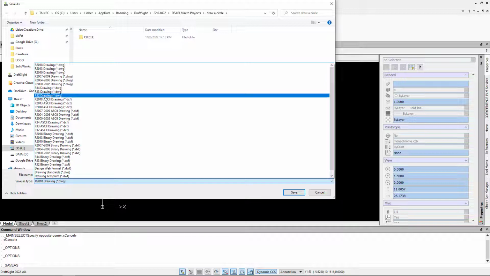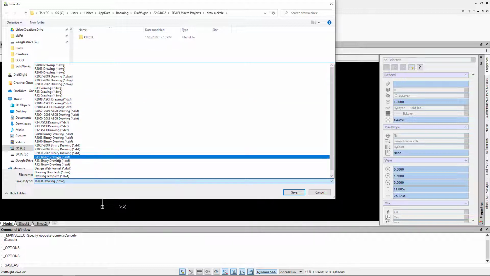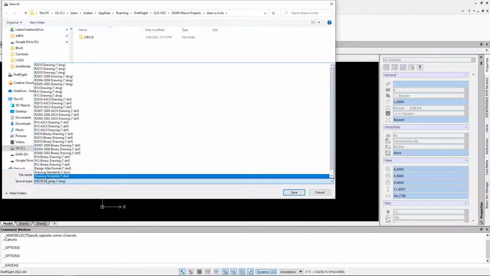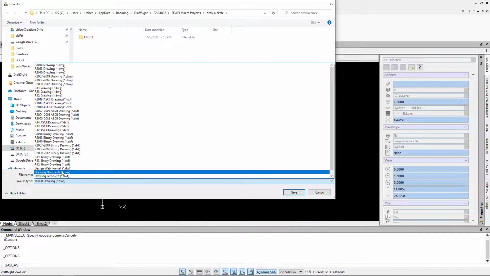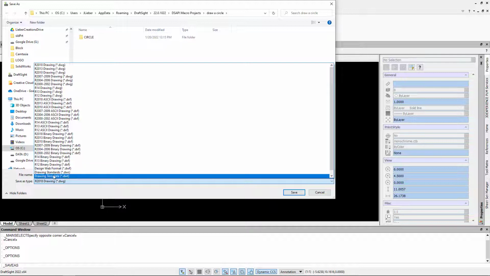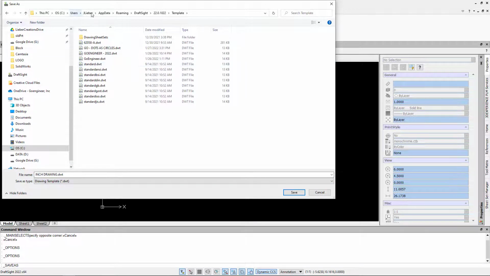So there's 12 and there's 12 up here. But we're talking about the drawing templates, and that's down here. Did want to point out we do support DWF, DWS for standards files, but here we're going to say drawing template. And as soon as I click on this, you'll see this is automatically changed to the directory where we